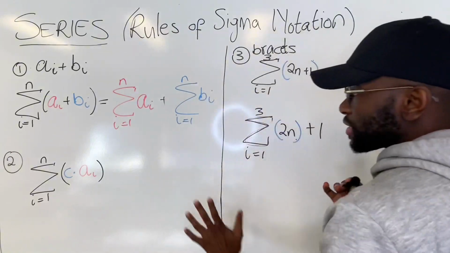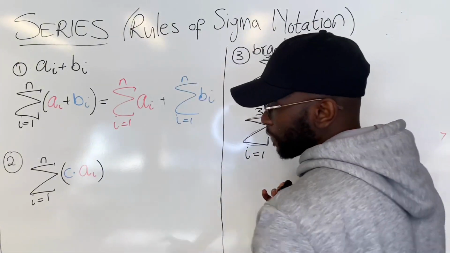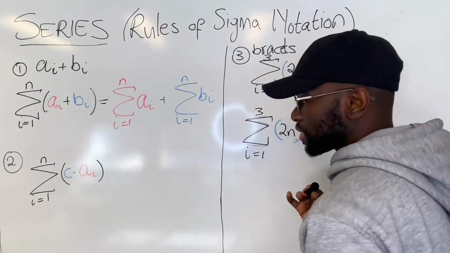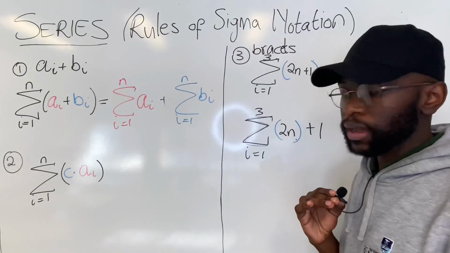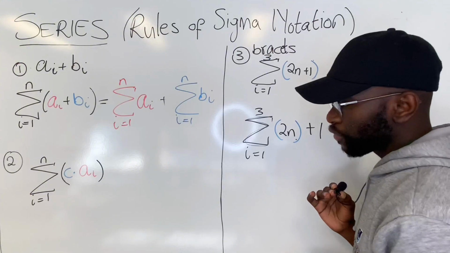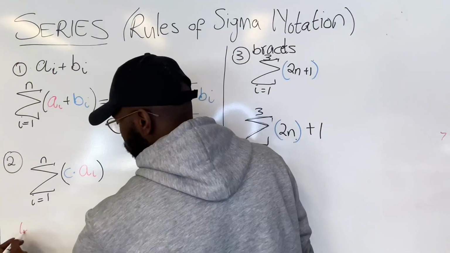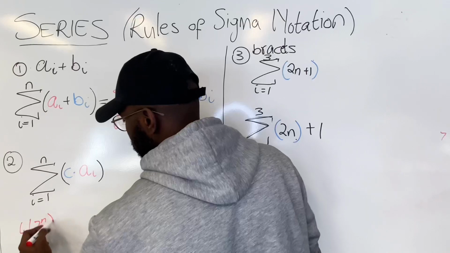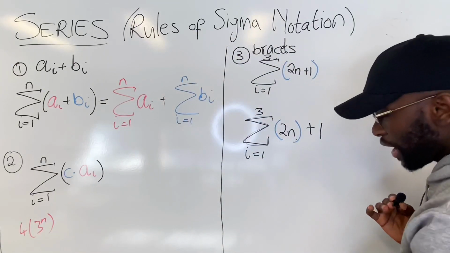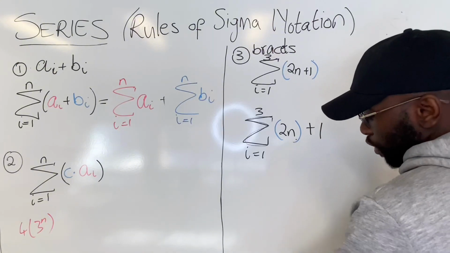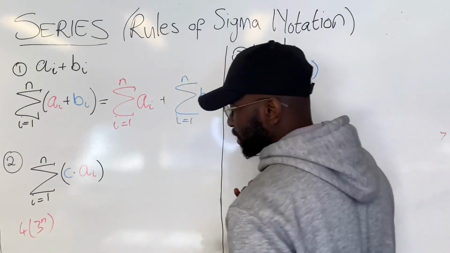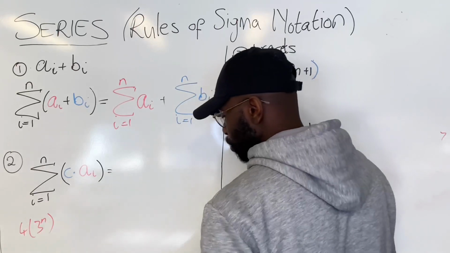Now, let's say instead of another sequence, you have a coefficient that is multiplying your general formula. Maybe you have 4 into 3n. Now, if you have a general formula 4 into 3n, we can expand it in this way. You know that to expand,